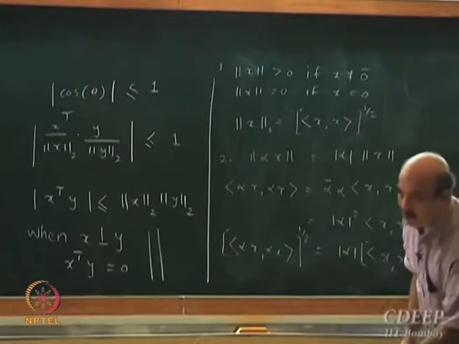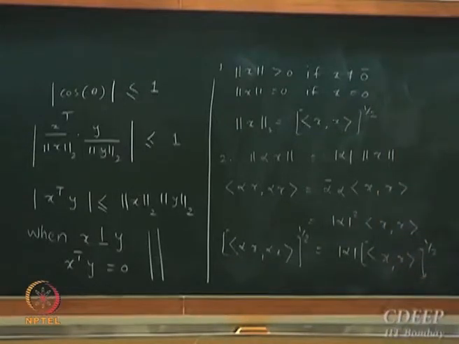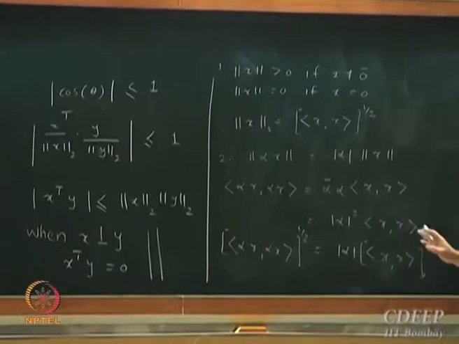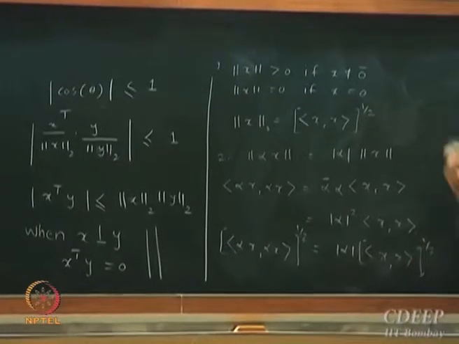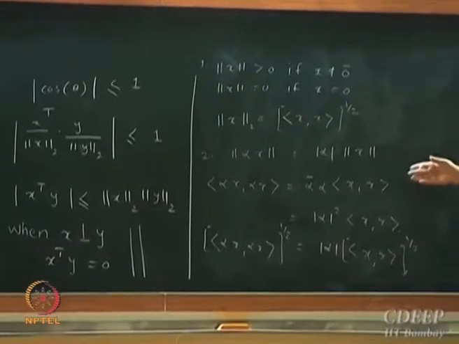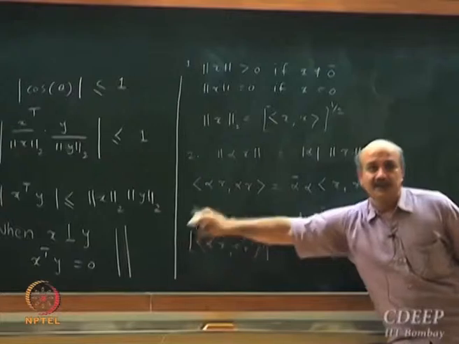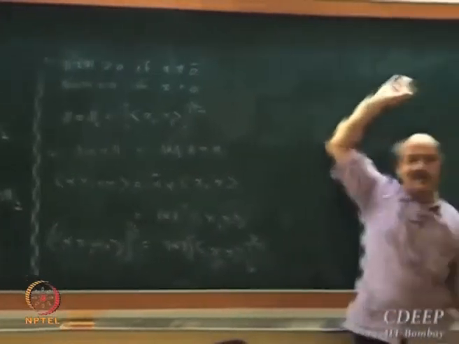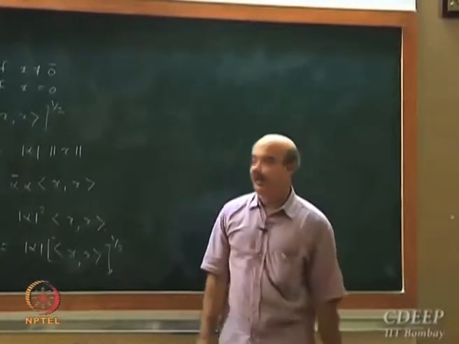Okay, I am going to prove this on the board. Why this defines an inner product? Why this inner product defines a norm, and how you can generalize this result. This result in the inner product space is called as Cauchy-Schwarz inequality.